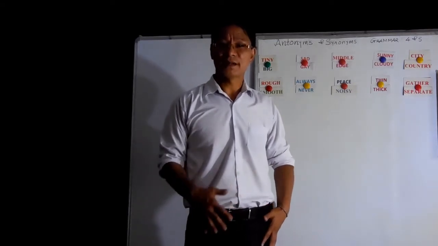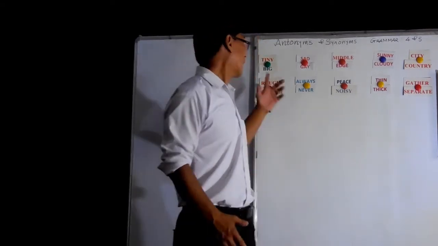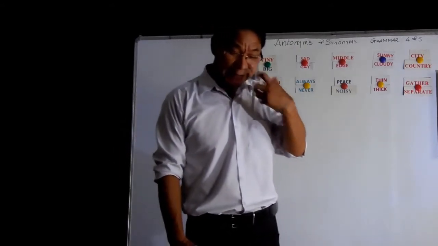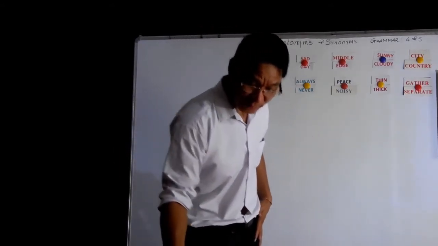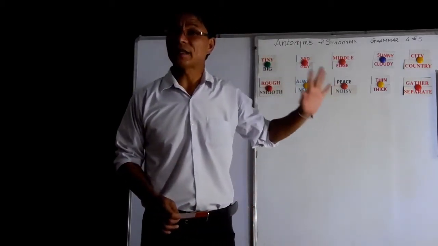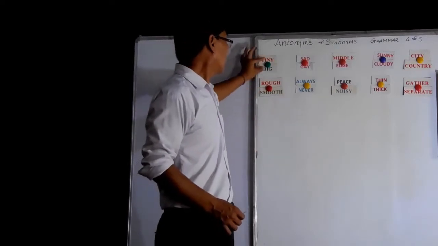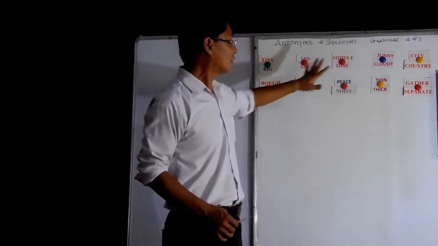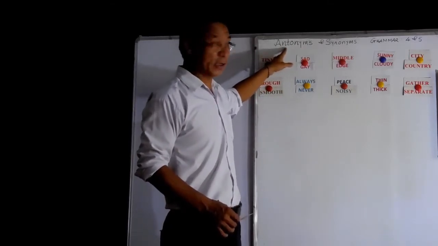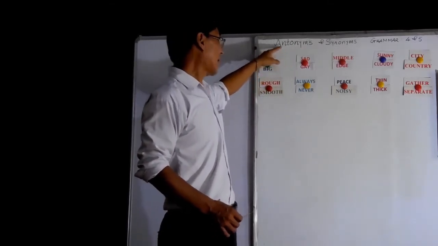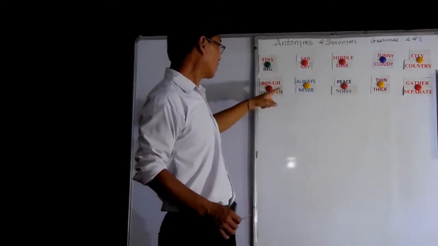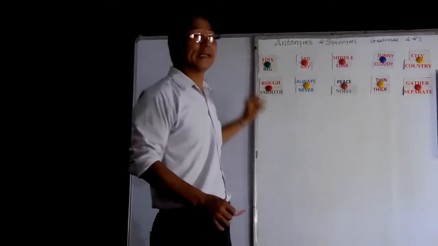Today we're going to learn about some antonyms and synonyms. So without making delay, I would like to start my classes. So here I have got some antonyms first, we'll do the synonyms later on. So you can see on the board, I have got some antonyms out here. Antonym means opposite. Okay, you have to pronounce the word correctly. Antonyms and synonyms. So first we're going to learn antonyms, and the first word is tiny.